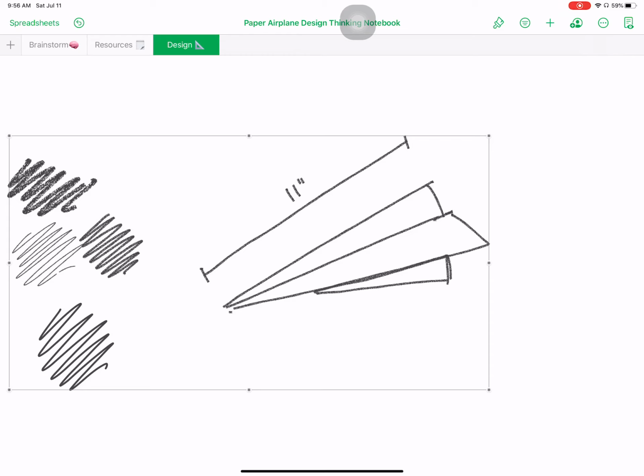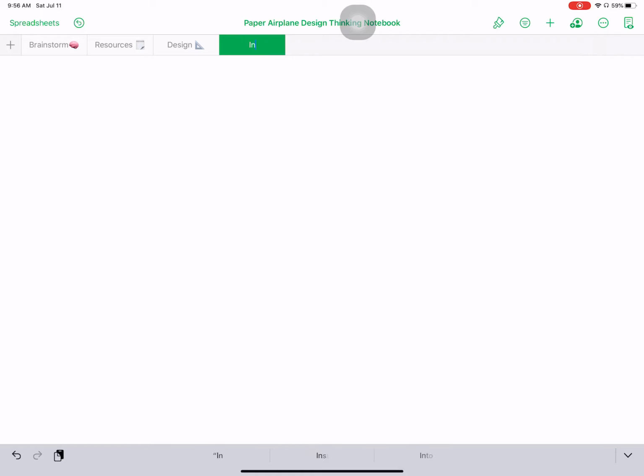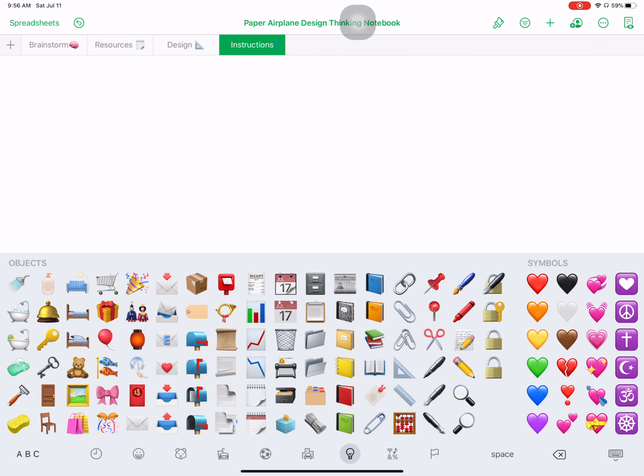Now that I've built my airplane, I think it's time for me to add some step-by-step instructions on how I've created this paper airplane that I'm testing. So I'll add a new sheet. Remember, delete the table, double tap to change the name, and for this I'll call this sheet instructions. And I think the emoji that I will choose is a pencil because I'd like to put step-by-step instructions here